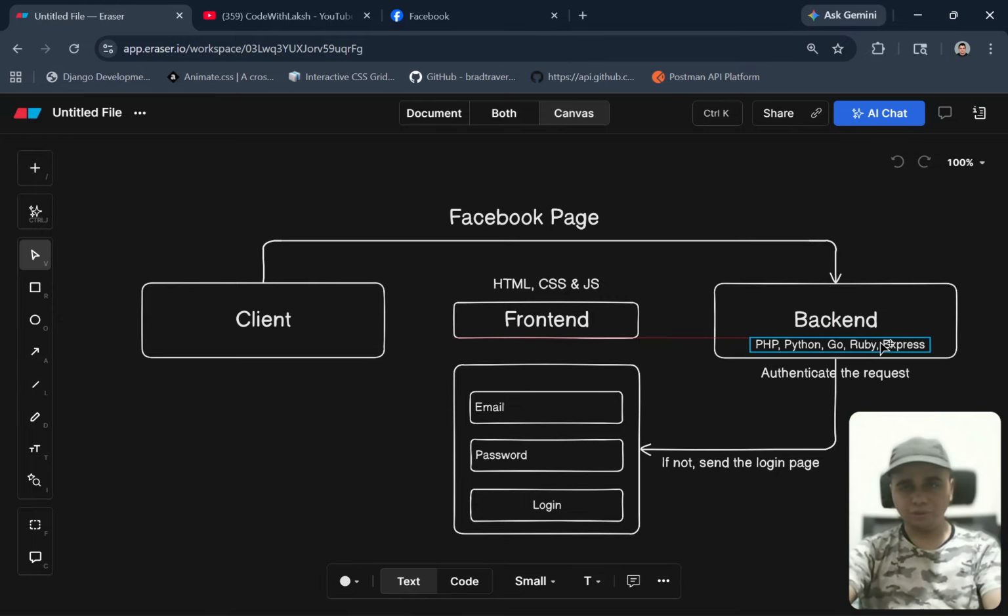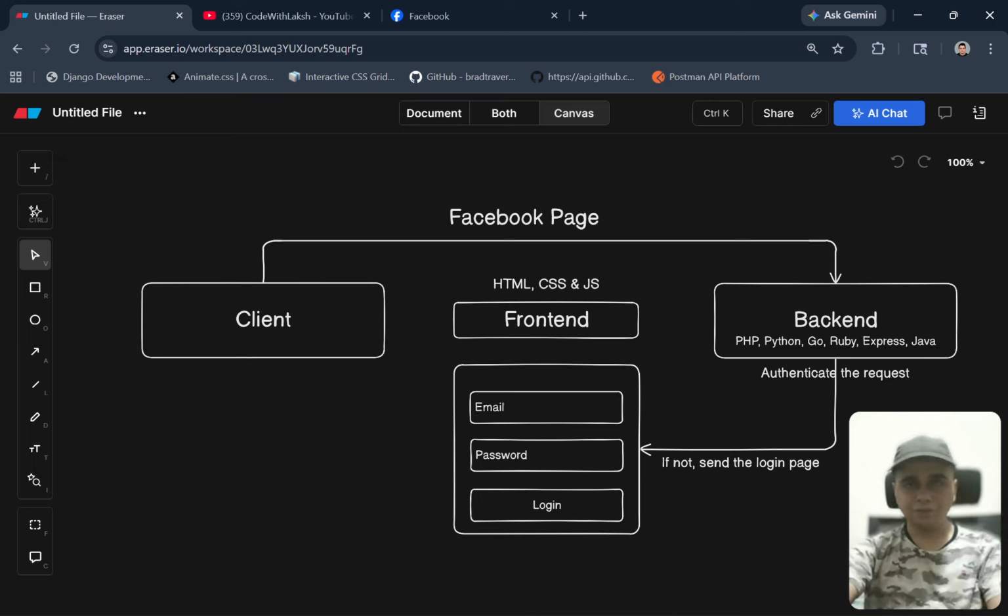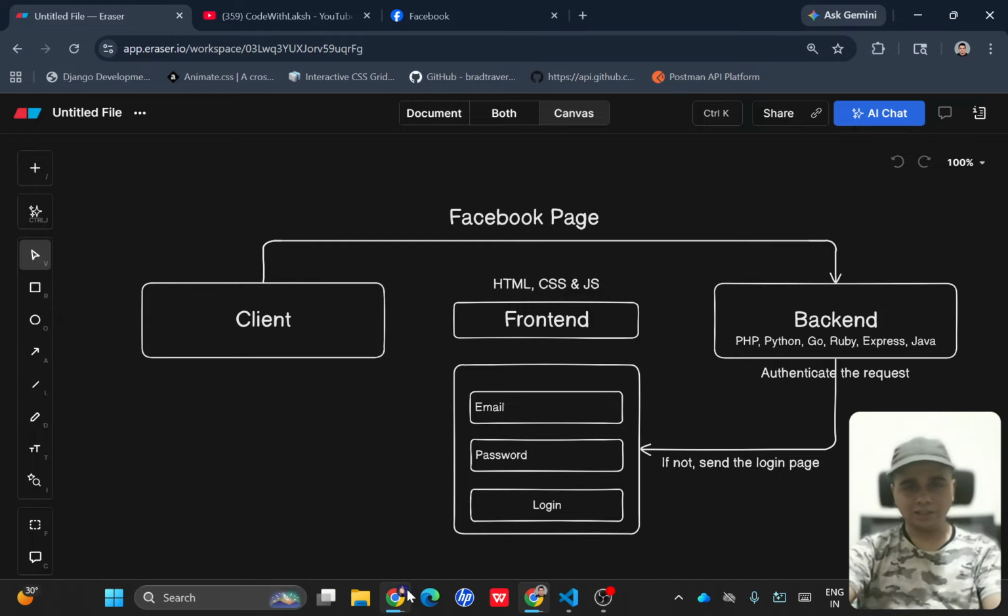Most commonly these are used, and another language here is Java. These may be used by Facebook servers to authenticate your request. They may be using a single language or multiple platforms like Python, Go, Ruby, Express, Java, but we don't know what algorithm is running behind the scenes on the Facebook servers. As soon as they send you the login page in the form of HTML, CSS, and JavaScript,